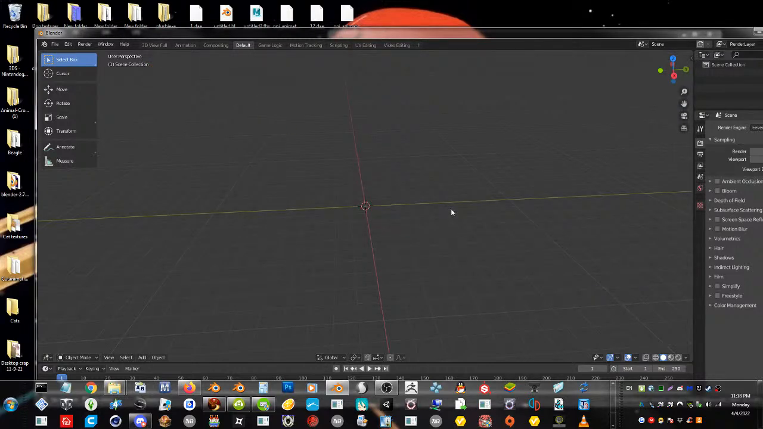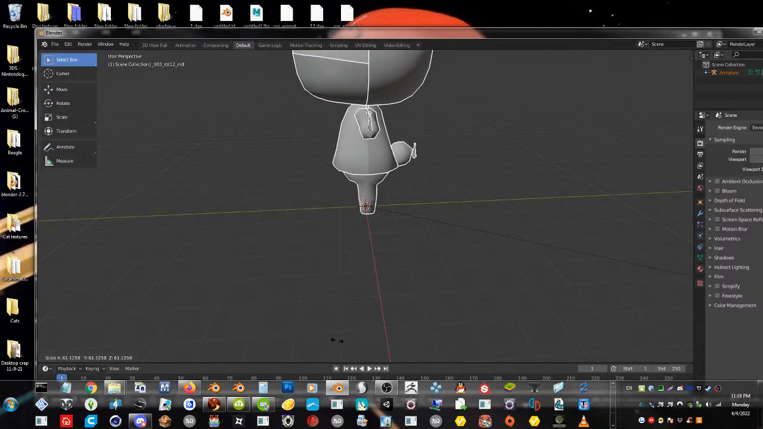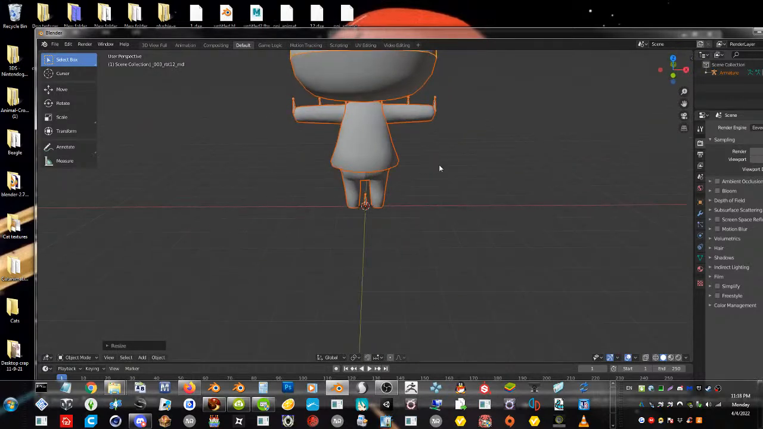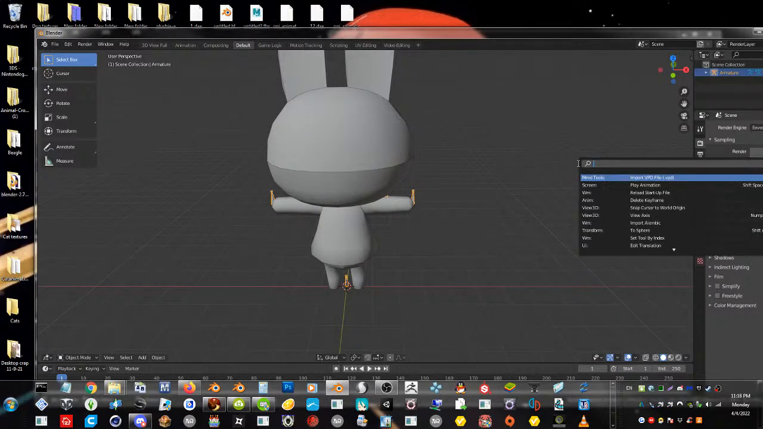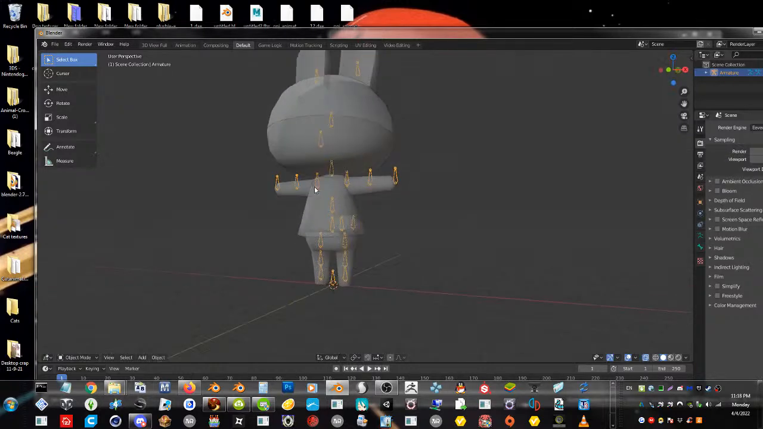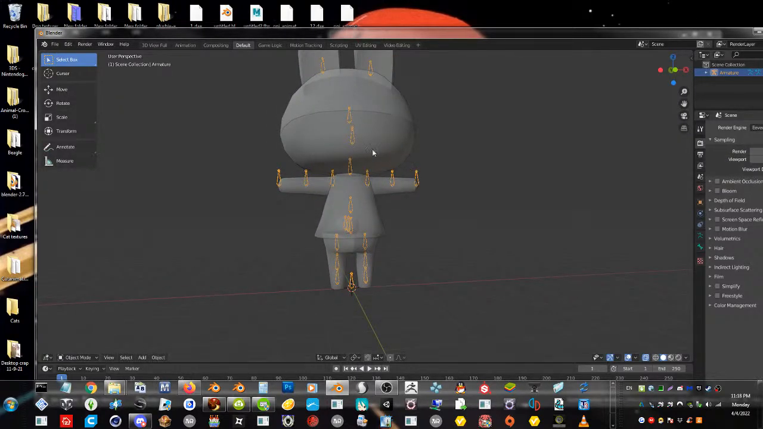And we bring her in. She's all the way down there. Okay, so I'm going to press A a couple times and then press S and scale her up. Okay, so we have our model, and I want to select the bones for her. I don't know how to do X-ray in this newer Blender. I just type X-ray and hope for the best, and it gives me this, which I'm not really